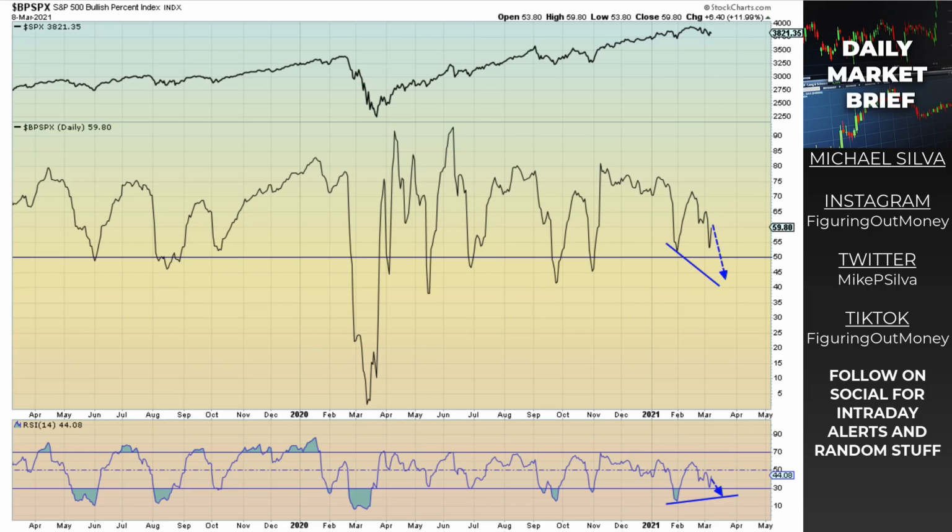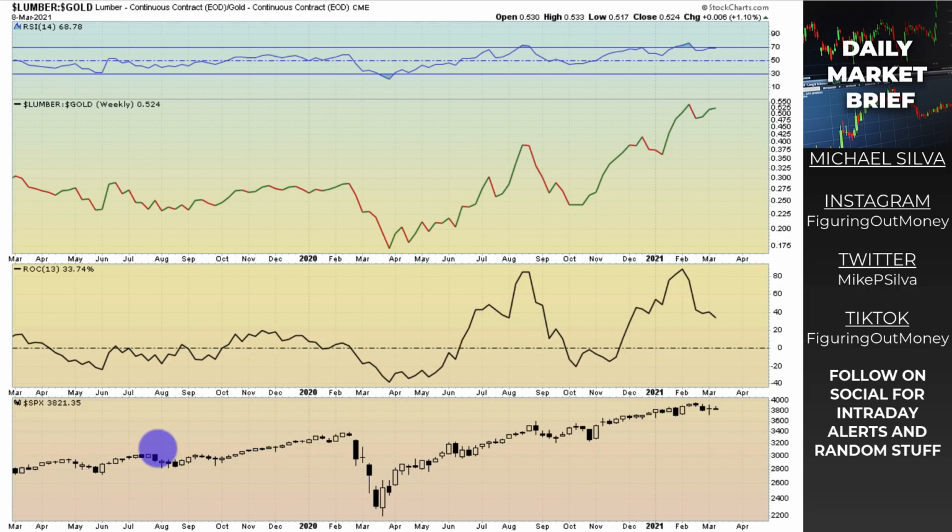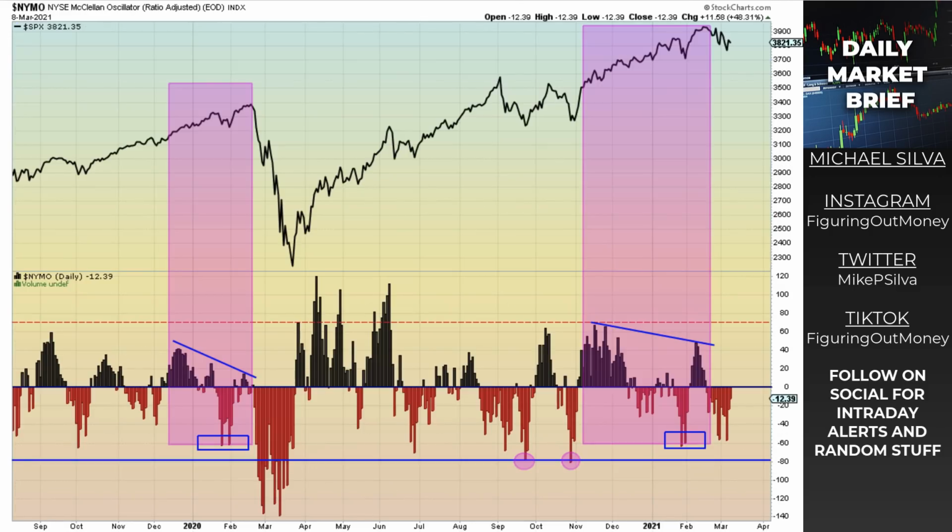So also, what's going on here? It's very interesting stuff. Lumber to gold ratio. This is the 13-week rate of change right here. We're still well above zero, but we have ticked down just slightly. We're going to be looking at a gold chart here on the commodities section. And it looks like it's breaking down, but there's also something interesting that I want to point out as well.